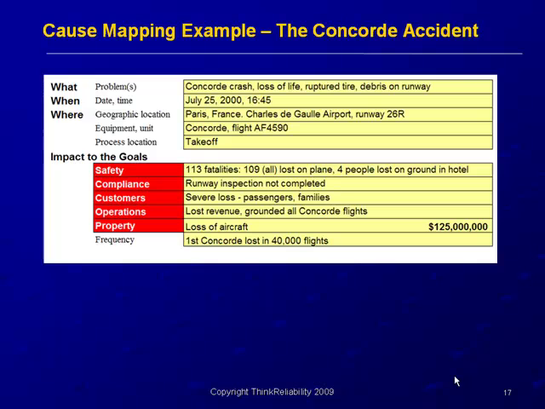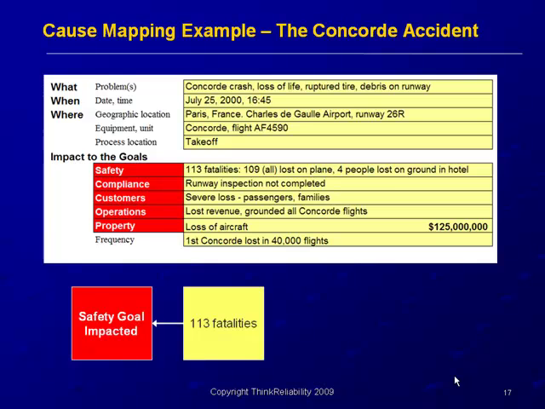When you get down to the goals and ask everyone, even though they give different answers about the problem, when you ask, how did it impact safety? Was anyone injured? Everyone says there were fatalities, there were multiple fatalities. Even though they have different views on what the problem is, they answer the question, how did it impact the goals, the same way. That's the connector. That's why you can start with any one of these goals. You take all the goals that were impacted. They eventually build your analysis, but you can start with just one of the goals that's been impacted